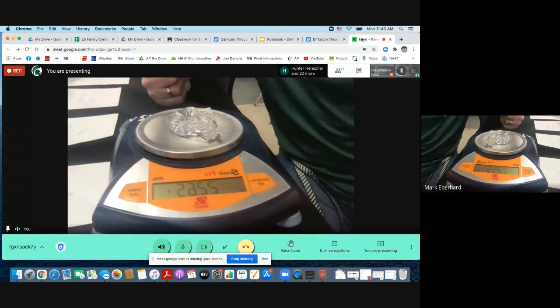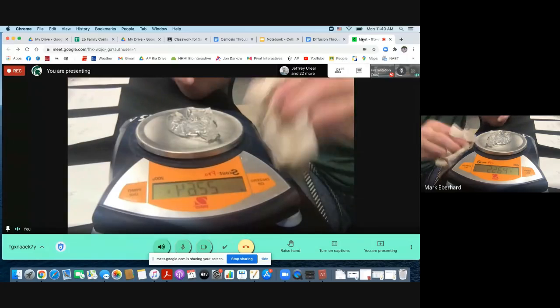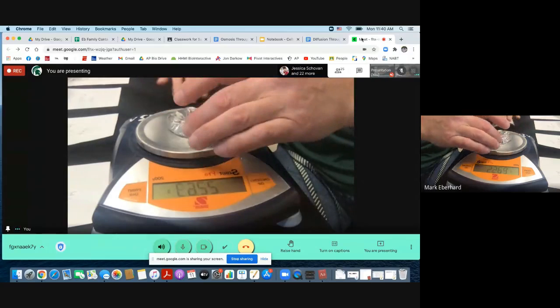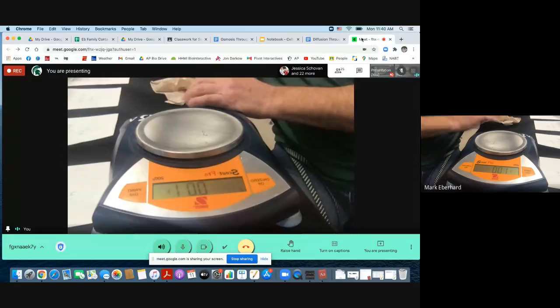It's reached equilibrium because the mass hasn't changed. It's only changed a couple tenths since Friday because it's already at equilibrium. Right? So I did that for each of my setups. Here in beaker A,